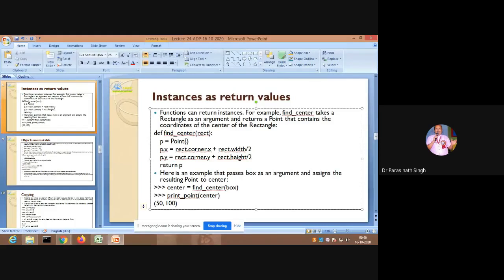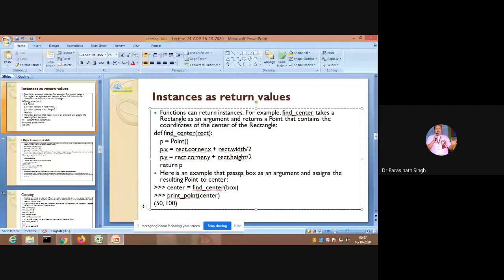Point is the class name, you know that. p.x equal to rectangle.corner.x plus rectangle.width by 2, and p.y equal to rectangle.corner.y plus rectangle.height by 2. So you are just mentioning at what point the rectangle will be displayed, but graphically it is not shown; it is only the value of the variables.